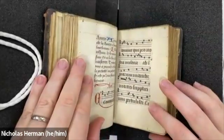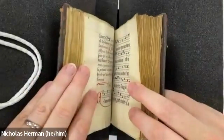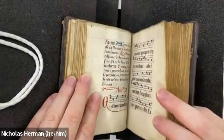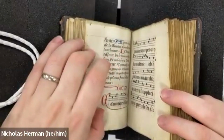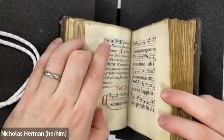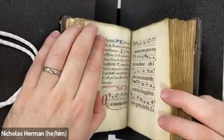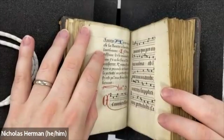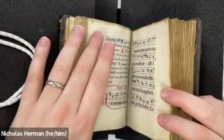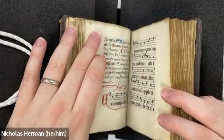So it's a little bit hard to see. The binding is a little bit tight on this book, so you might have to take my word for it. But here, this last word, this amen up here, is the last word in Latin of this particular section of the liturgical text. And then